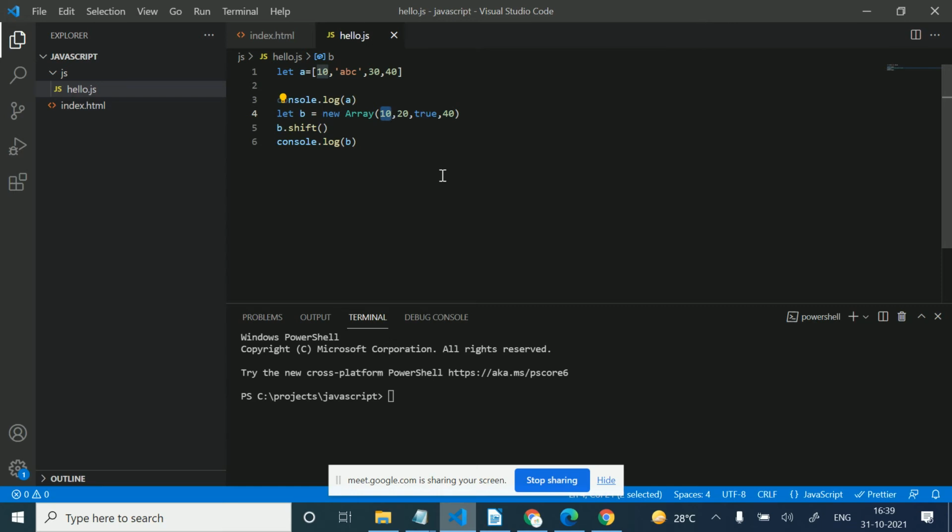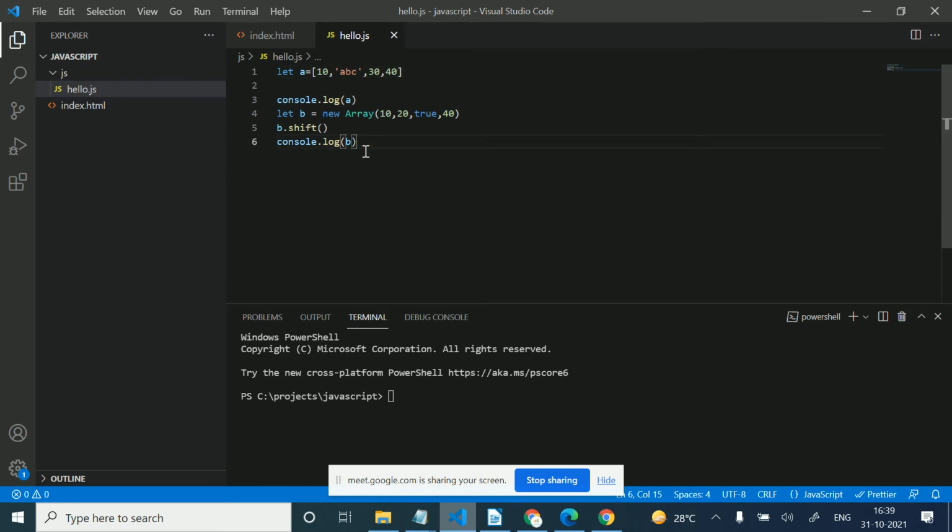So these are some methods of array manipulation. If we want to remove from certain positions, like I want to remove from 1 to 3, I will pass it like that.